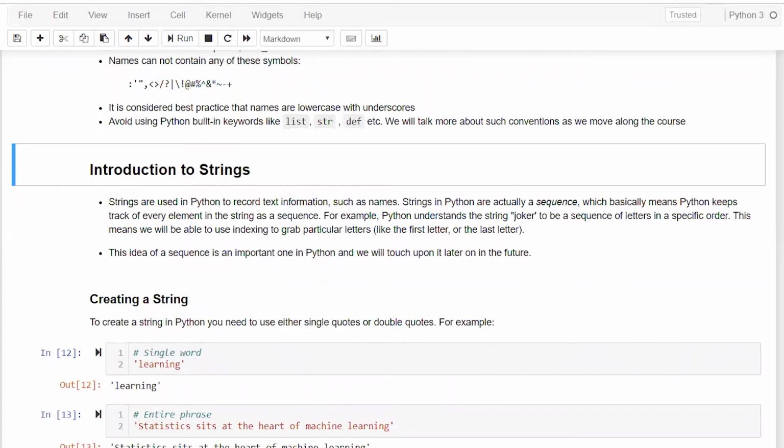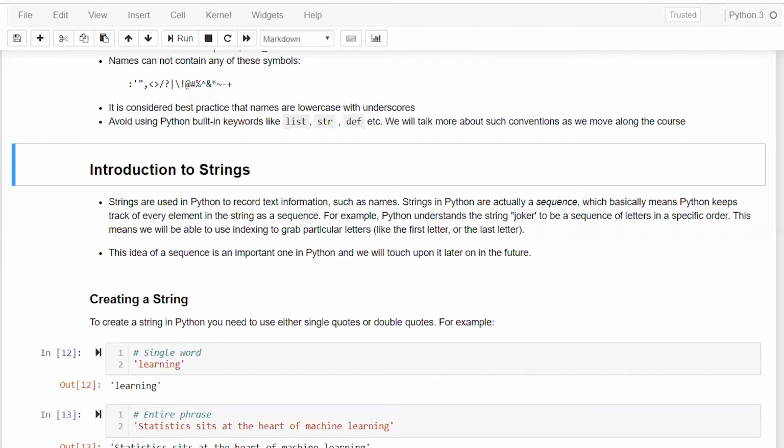Strings. So strings are a very important data type. They're a very good way of storing information. For example, strings are essentially used to record text information, for example names, or anything which involves alphabets or special characters, etc. Those things have very important significance in Python, and in fact in the data science industry. We'll have a lot of information which will not be simply numbers. We'll have to deal with text, and with some special symbols as well. So we can store those in strings.